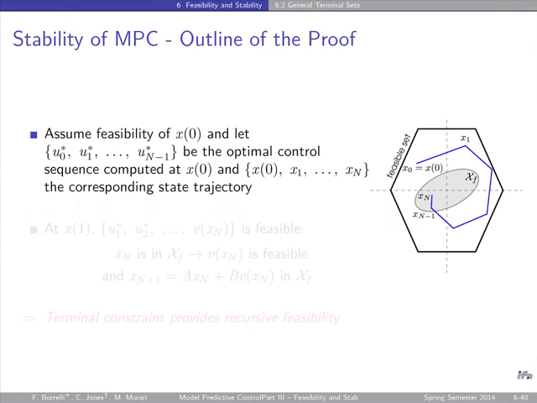Very simple. Start at step 0. Assume that you're feasible, so there is an input sequence u0, u1, up to un minus 1 that keeps you in the constraints. Remember now the constraints, right? This input sequence generates x1, x2, up to xn, and my constraint said this has to be in x, this has to be in x, and this has to be in xf. Okay? Step 1. Is MPC going to be